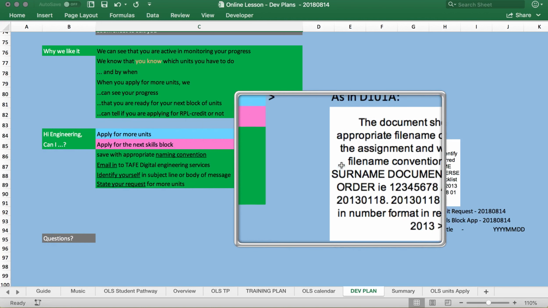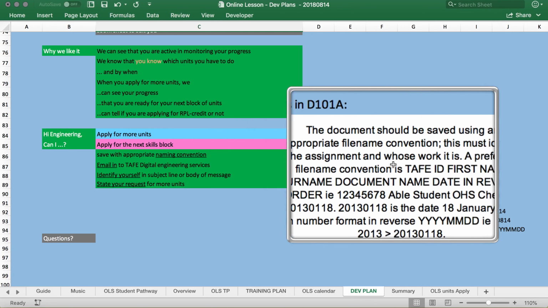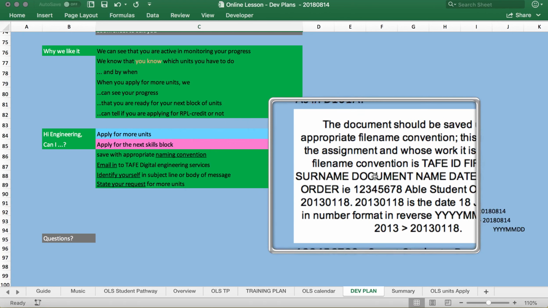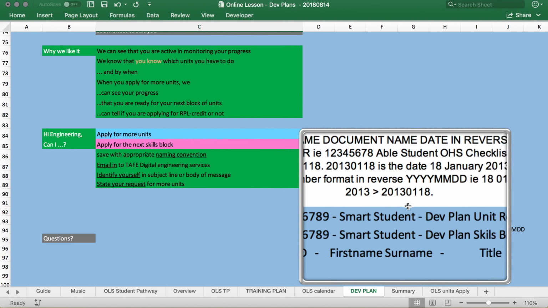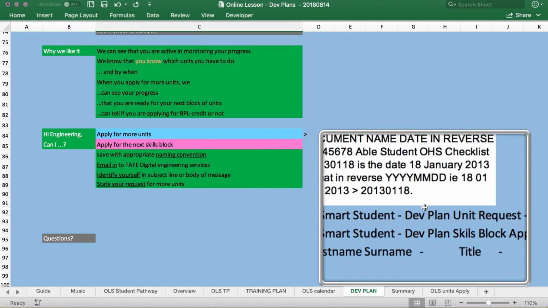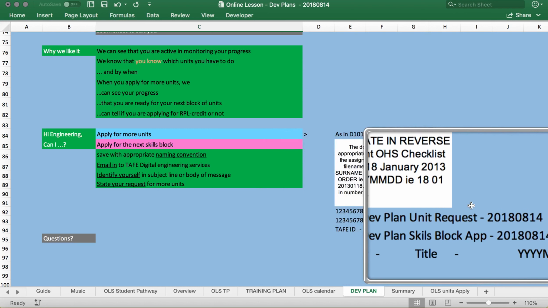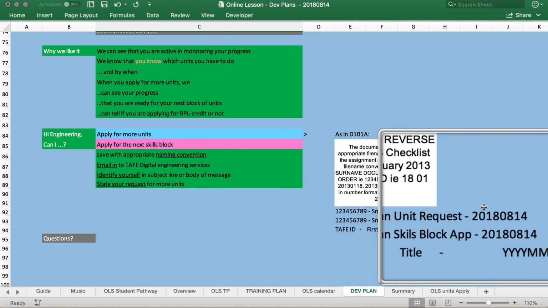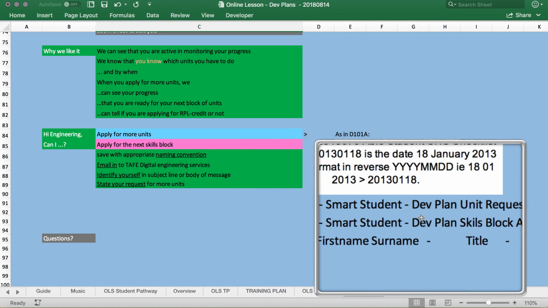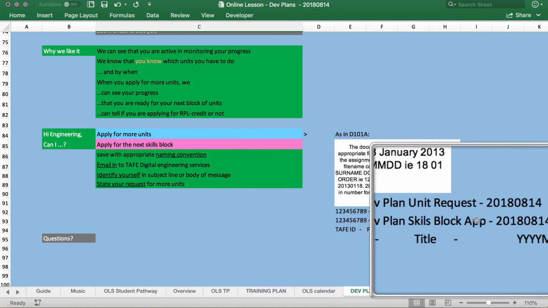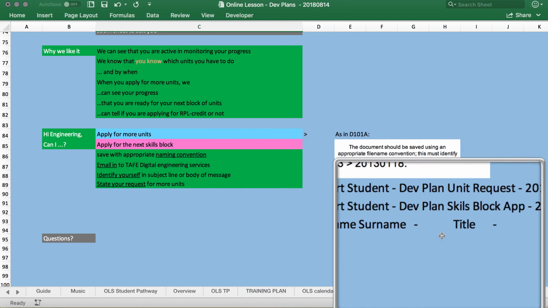Now if you haven't done the D101 unit yet, it's very clear about methods of saving documents using a naming convention. We recommend something like your TAFE ID, your first name, your surname, and the title of it. So if you're sending in the development plan for a unit request, that's how you would do it, with the date in reverse order, so year, 08 for month and 14 for day. And if you're sending it in for the skills block, you just put skills block application in the same format. So that's TAFE ID, first name, surname, title,